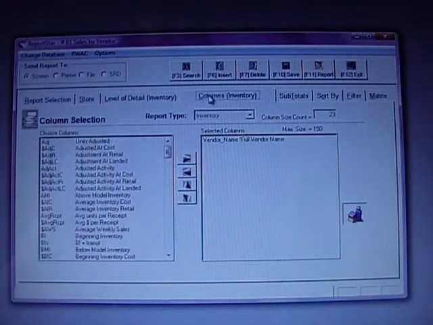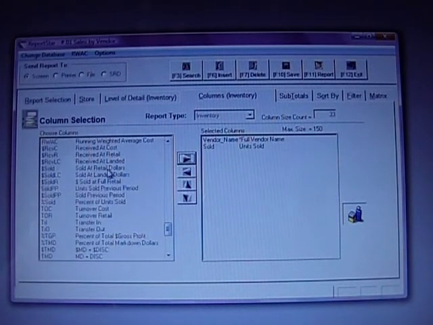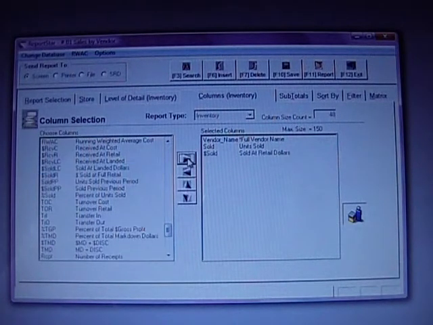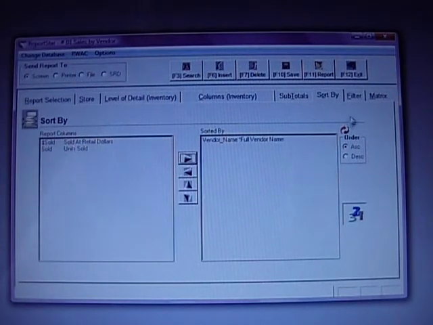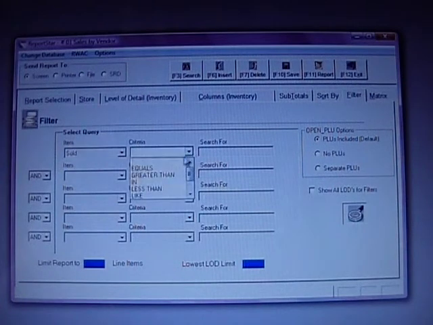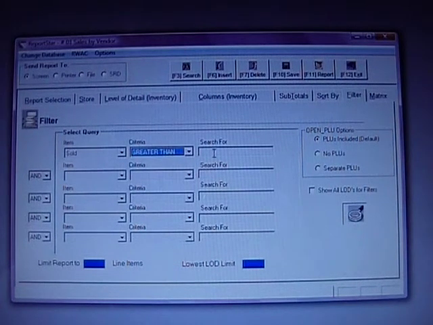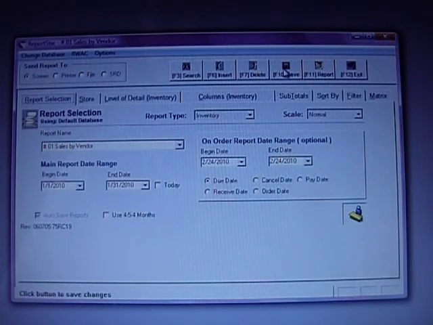We're going to go to columns, and we're going to go sold and dollar sold. And we're going to go to the sort tab, and we want to sort it by vendor. And we're going to go to the filter tab, and item is sold. Criteria is greater than, and search for 0. Go back to the report selection, save your report,